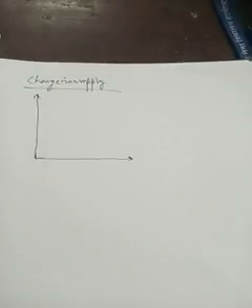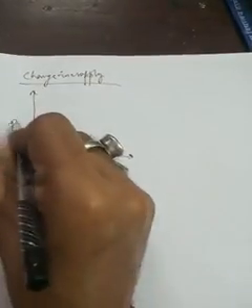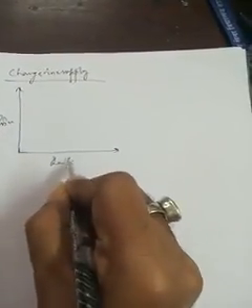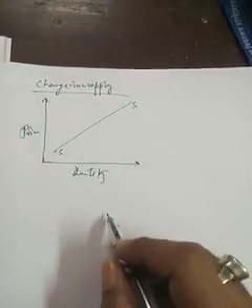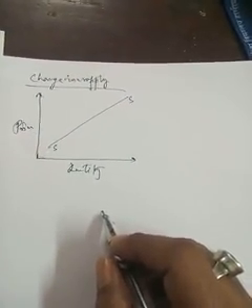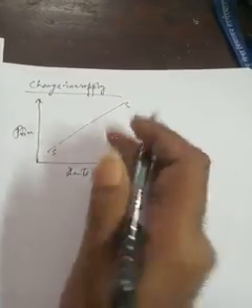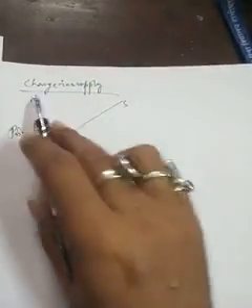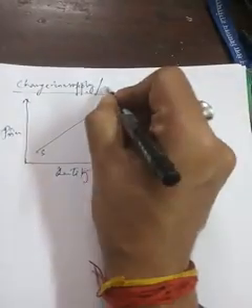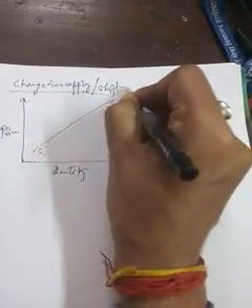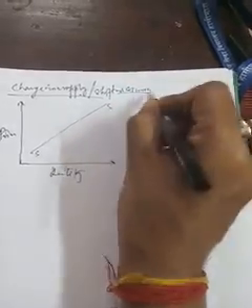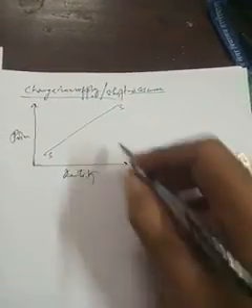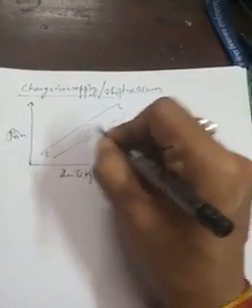Suppose I am taking a supply curve. This is the supply curve. Now the supply curve may shift rightward. This is your right side, so it is rightward. This is your left side, this is leftward. So change in supply means shift in supply curve. If your supply curve shifts to the right side,